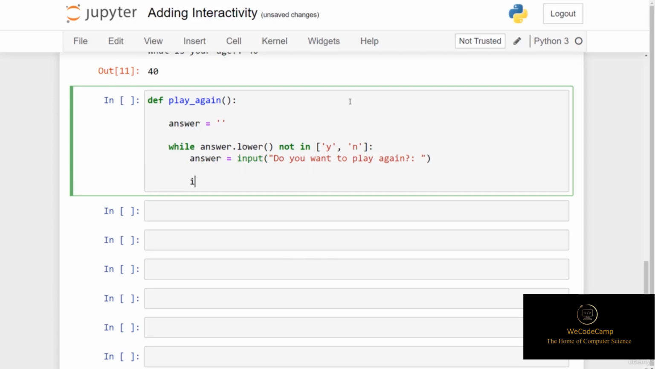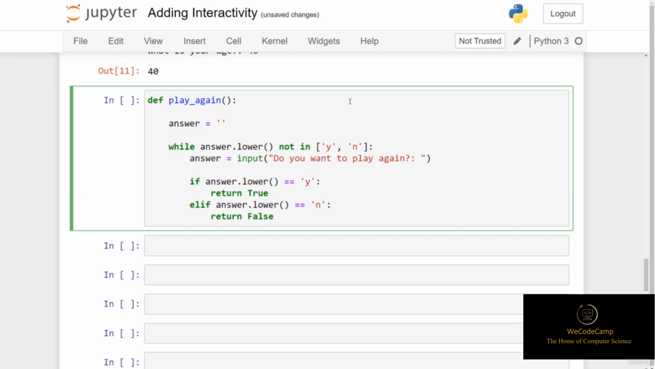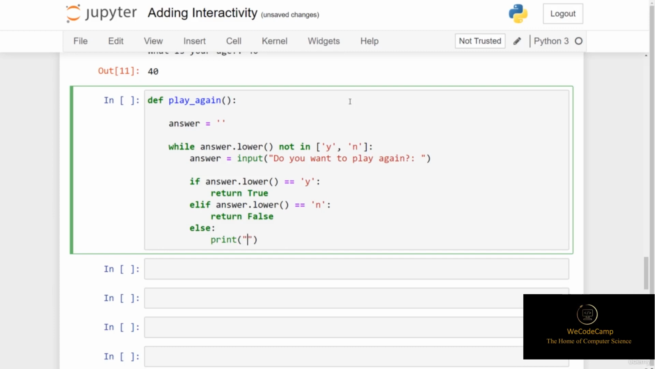Now if the answer.lower equals Y, we want to return true. And if answer.lower equals N, we want to return false. Now if it doesn't contain Y or N, we want to give the user some more information, so we could put an else condition here, and we can simply print out enter Y or N only. Now it doesn't matter if the user puts in a capital Y or a lowercase y, a capital N or a lowercase n, because our expressions are taking care of this nuance by using the lower method on the string